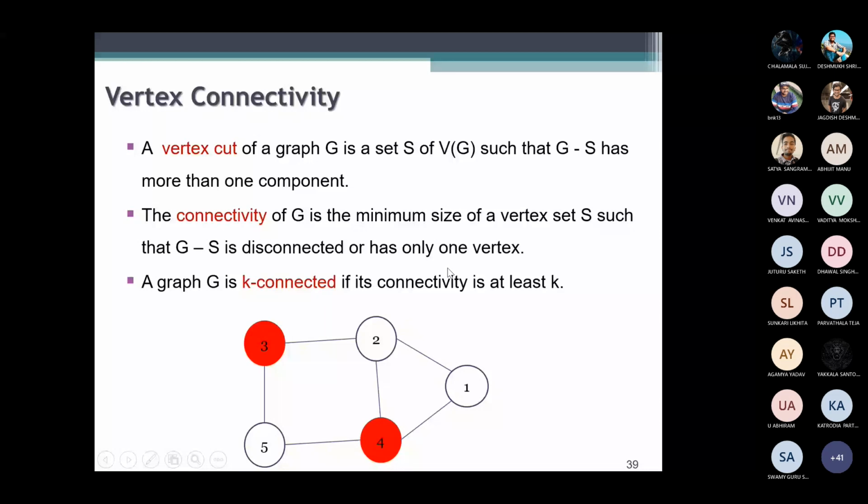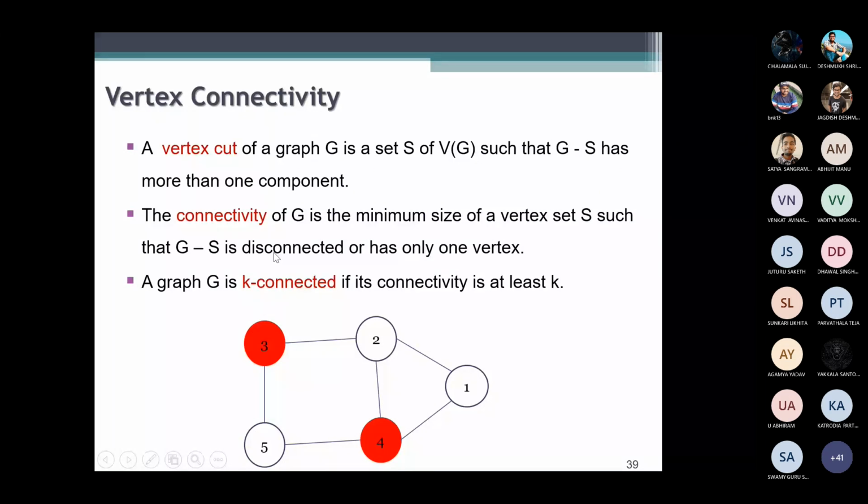Okay. Now this portion has only one vertex; this definition is adopted for complete graphs. Say for example, we have a complete graph, say this 1 to 4 is a complete graph. Now you cannot find a subset of vertices which disconnects the graph, because if you delete 1, 2 4